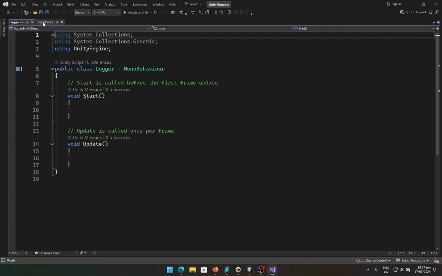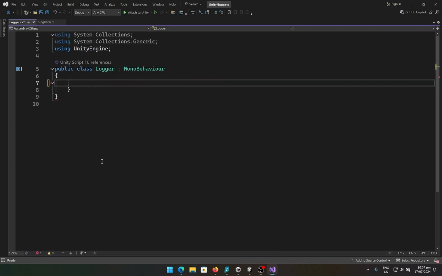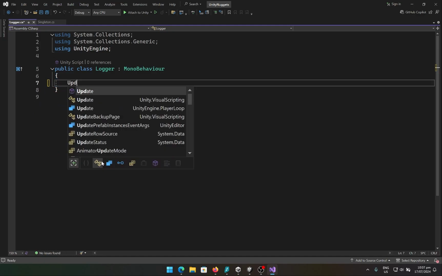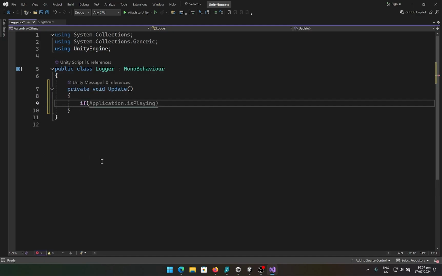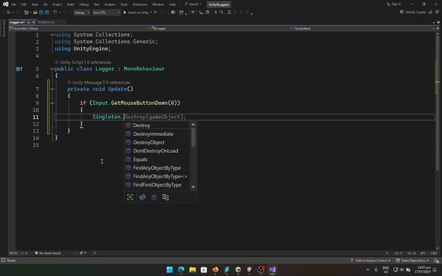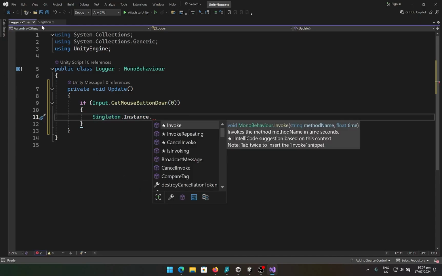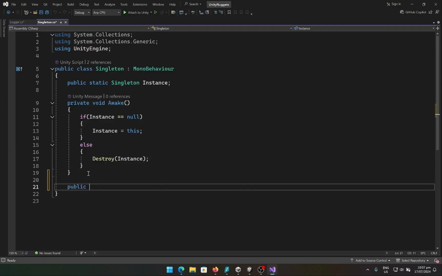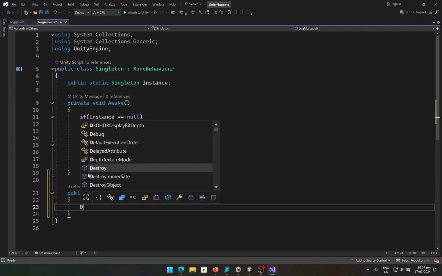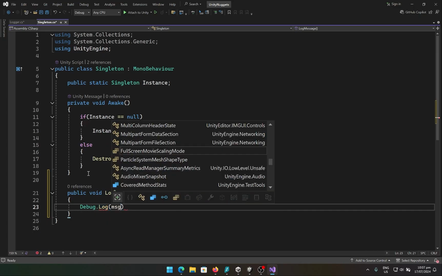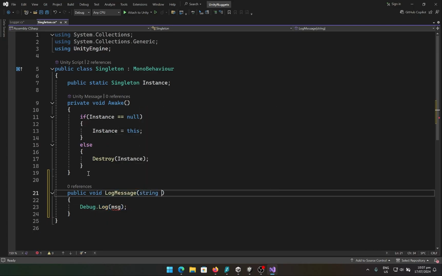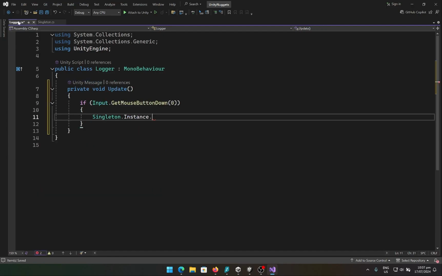Now we would use this singleton class to log some messages. And we can do that simply in the update function, and I would say that if input.GetMouseButtonDown(0), then I want the singleton dot instance, and let's create a function over here quickly. Let's create a public void LogMessage, and let's just say Debug.Log, and this would be message, and this would be string message, and over here we'll say LogMessage, and we'll pass in our message